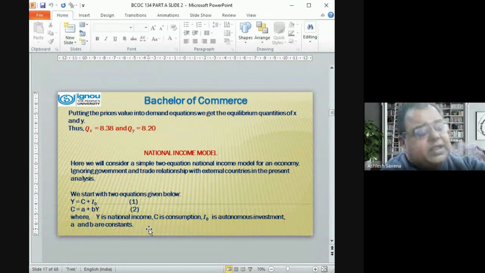Now we will be talking about the national income model. Here we will consider a simple two equation national income model for an economy involving